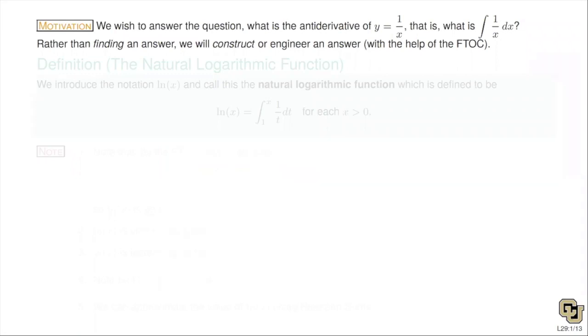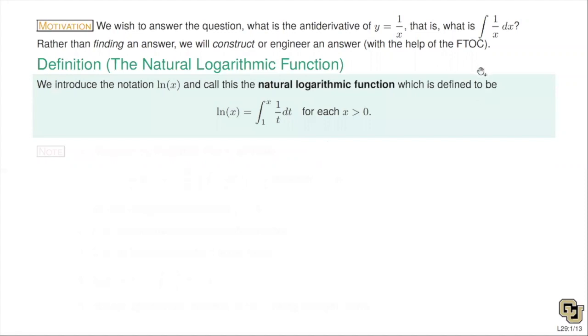So we will create a function, and the whole reason the function will be created is so that it can be the antiderivative of 1 over x. So this function is called the natural logarithm function here. So we define the natural logarithmic function